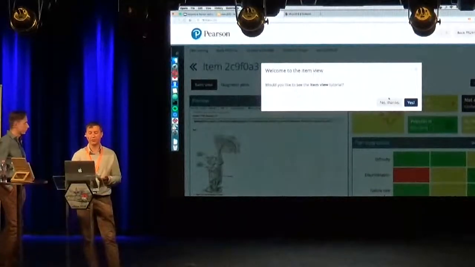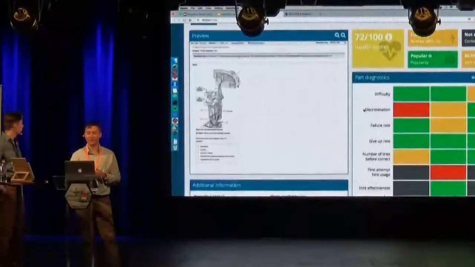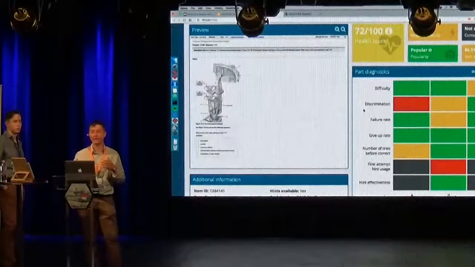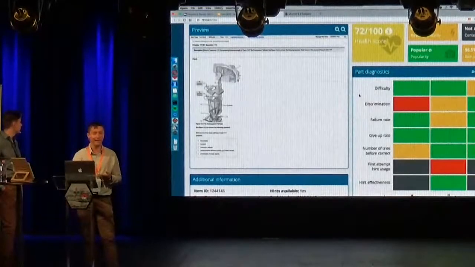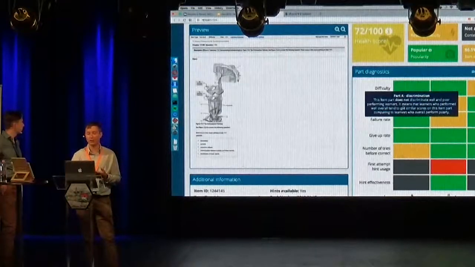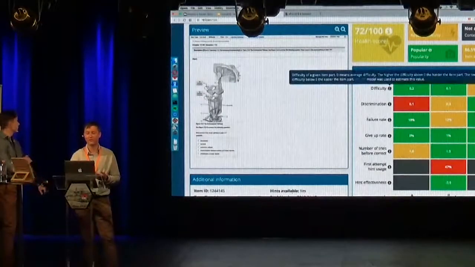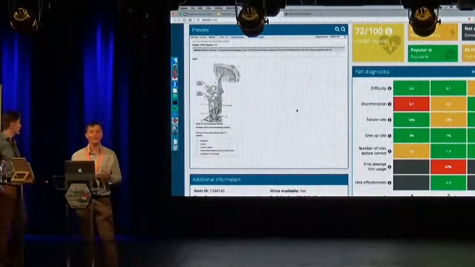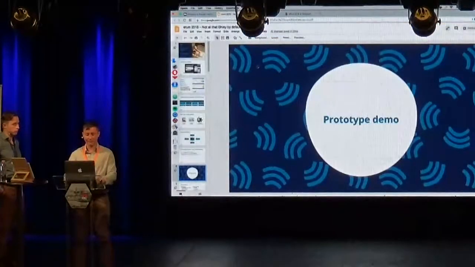Again, you can see the tutorial. I would just skip it. But you have all the essential things you need that fit a single screen, and everything is color-coded. If you are an editor, you can quickly get around on what could be improved in this particular exercise by quickly looking at the red blocks that have the tooltips. If you are more curious, you can get actual numbers and more descriptions. But you have everything on a single screen, even the preview of the item. So you have everything at a glance. So this is how it looks. I will get back to the deck.